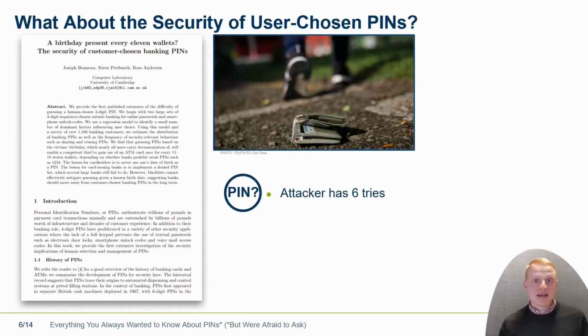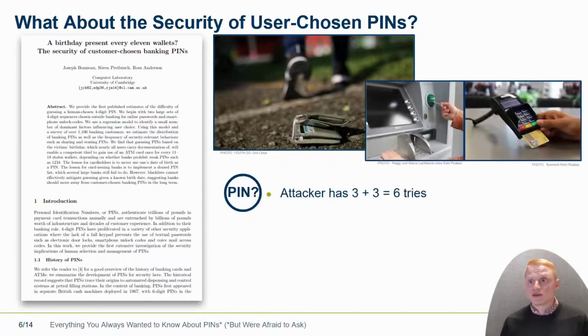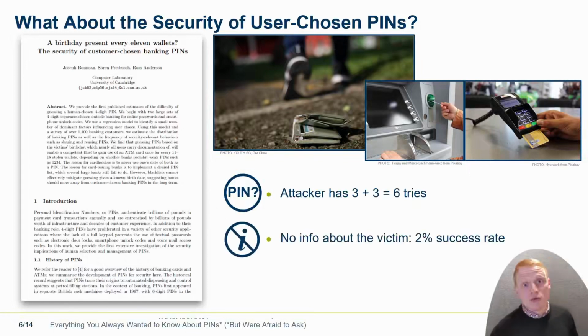The attacker can make up to 6 guesses. Why 6 and not 3, you may say? Because in the scenarios over here, for example, if I type in my pin 3 times, usually 3 times and you're out is the rule there. However, those 2 scenarios, so withdrawing on one hand side and then using the card to pay, usually have independent counters, so it gives the attacker the chance to try 3 times twice. So 6 tries in total there. What can the attacker do with those 6 tries? You may say, well, it's about a 2% success rate there for the attacker.